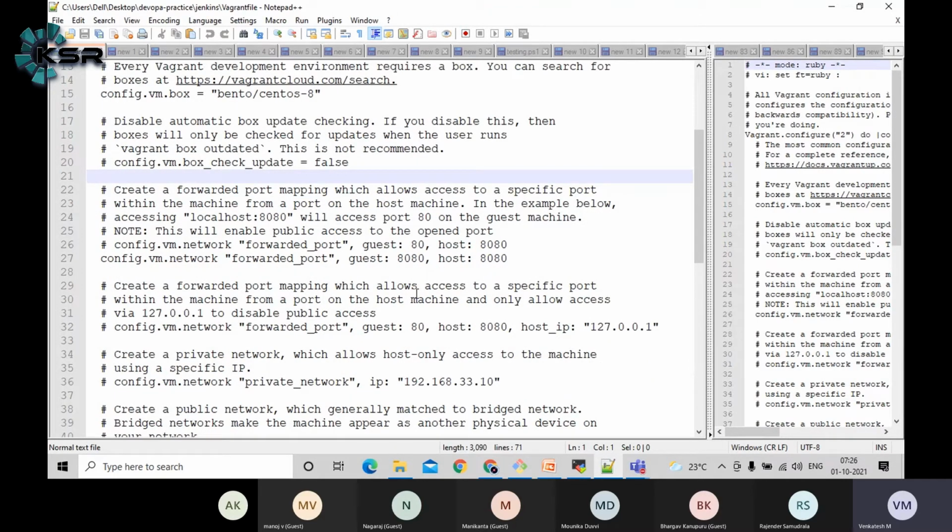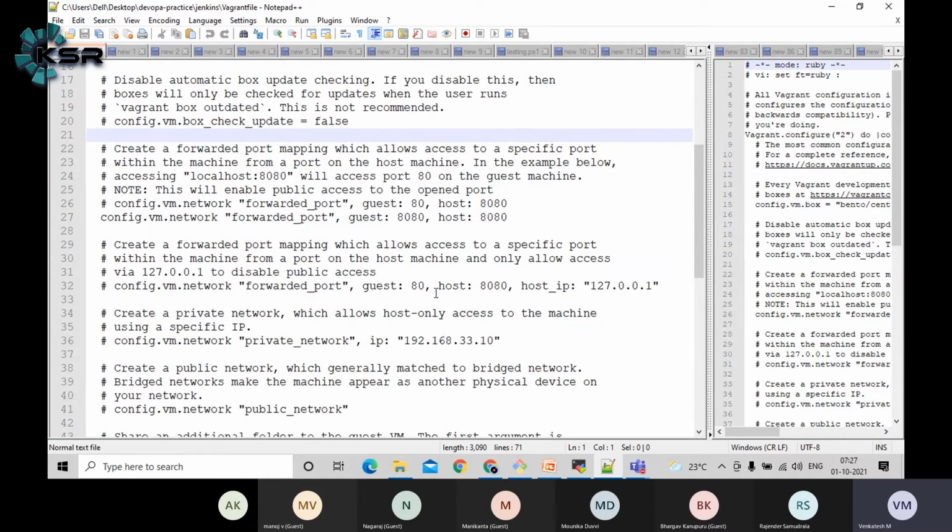Also, I'm going to alter the port here. If you remember correctly, when we were installing Jenkins, I configured a setting like this, guys: guest 8080 to host 8080. That means I can access my Jenkins from my local desktop on localhost port 8080. Just like that, SonarQube is going to run on port 9000, guys. If you want to access SonarQube from your machine, you should expose it. That means you should do the port mapping, and only then will you be able to access localhost 9000. That's how, when you access it, you will see the SonarQube dashboard.